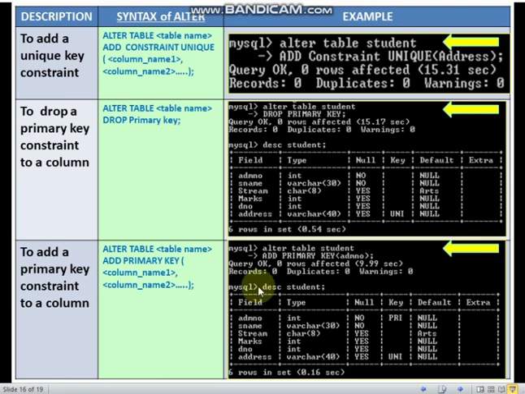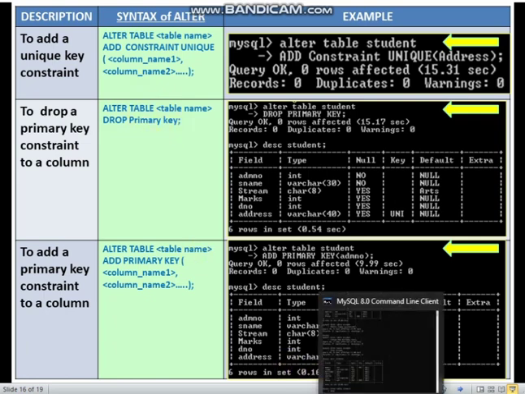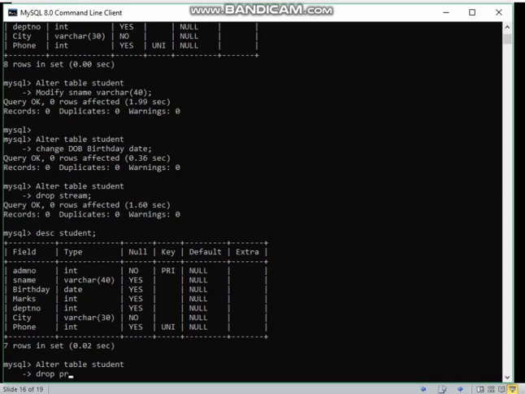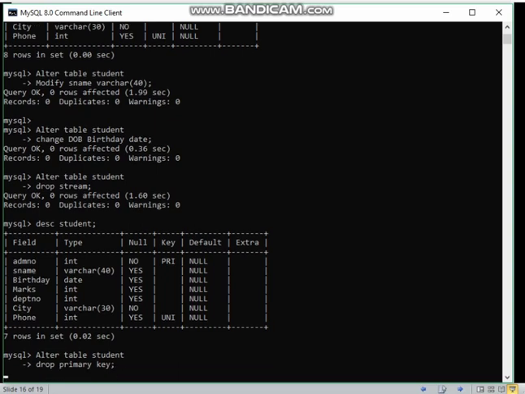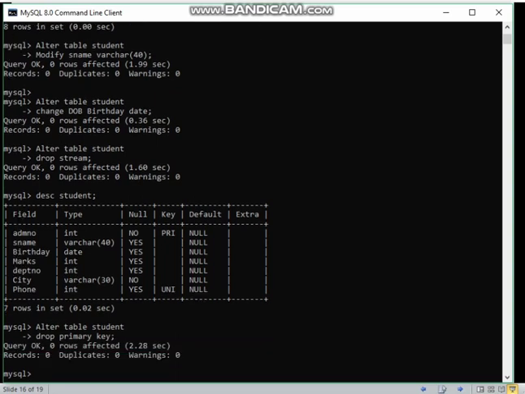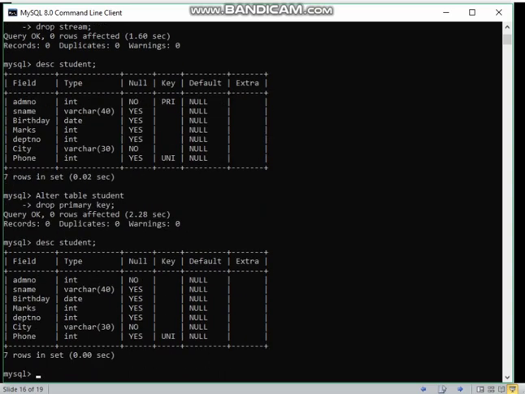The command to drop a primary key constraint is, remember, alter table drop, and mention the name of the constraint which you want to remove. So drop primary key. How will you understand whether you have run this successfully or not? Let us describe the table. Okay, see, the primary key constraint has been removed from admission number.